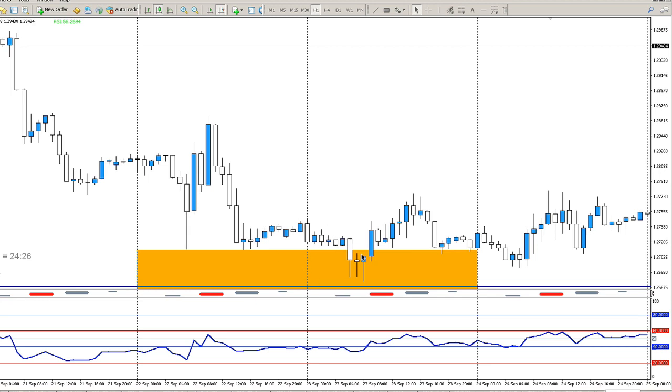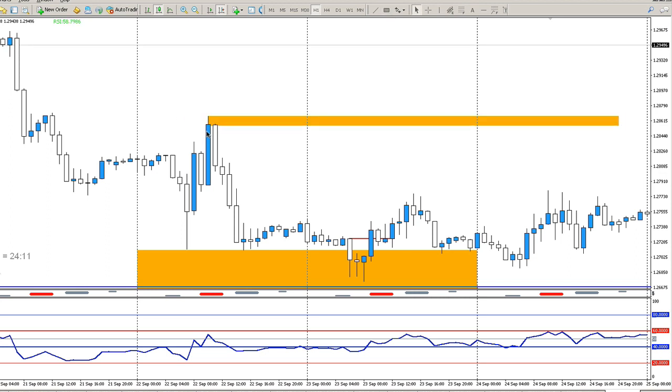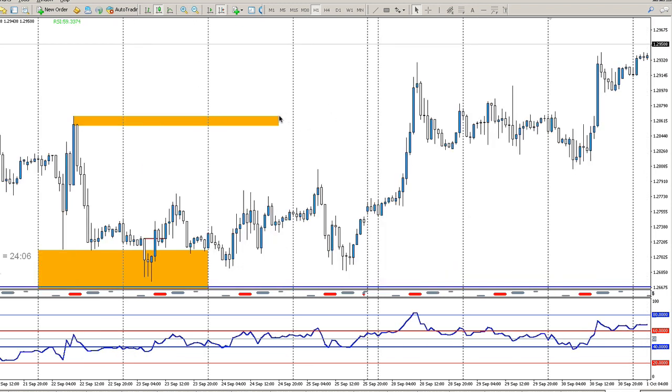So it reacted here and then crossed the hour candle, which shows a slight break in market structure. The true break in market structure would be here in the up candle. As you see, it's broken structure,